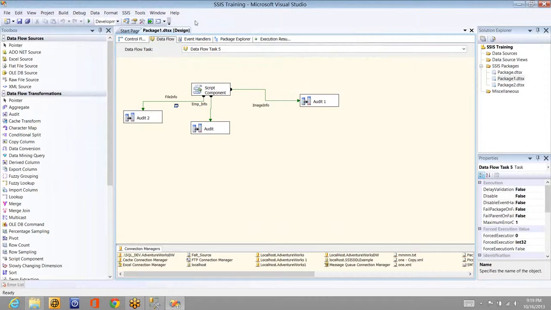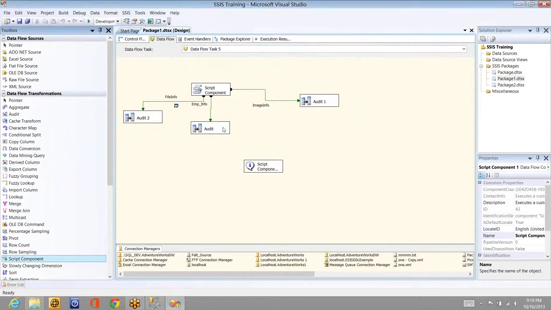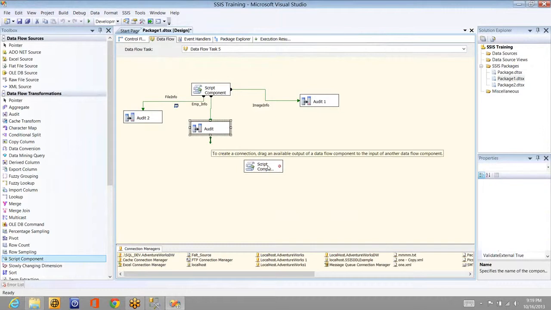So what I'm trying to say here is you can connect to SQL Server, or you can connect to a flat file, or you can provide direct inputs. So whatever way you want, you can use the script component as a source in many ways. In the same way, if you drag and drop the script component, and if you select it as transformation, you can use the data that is flowing through it. Okay.